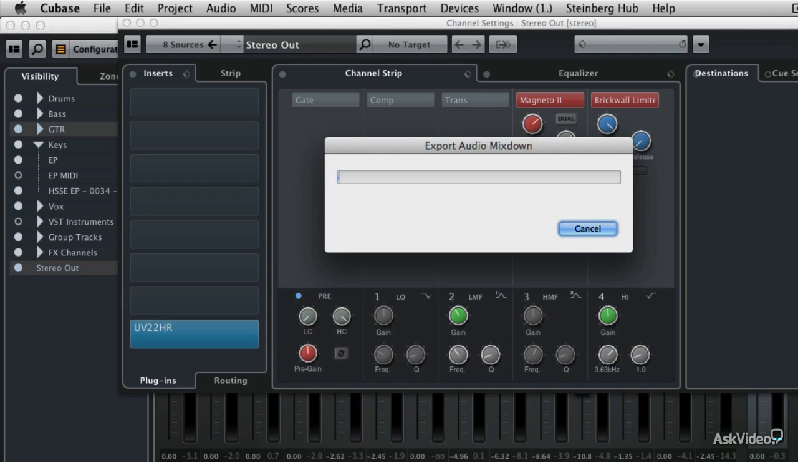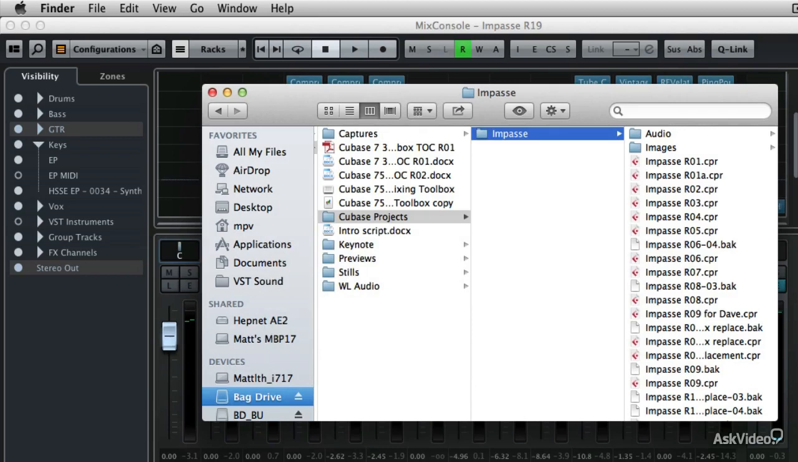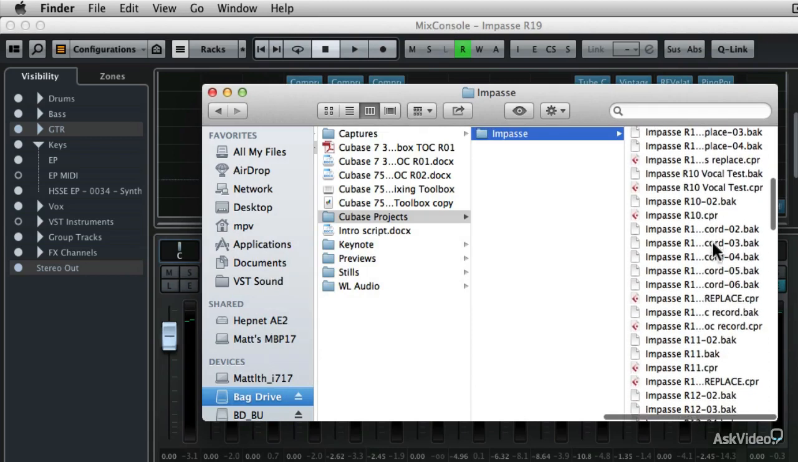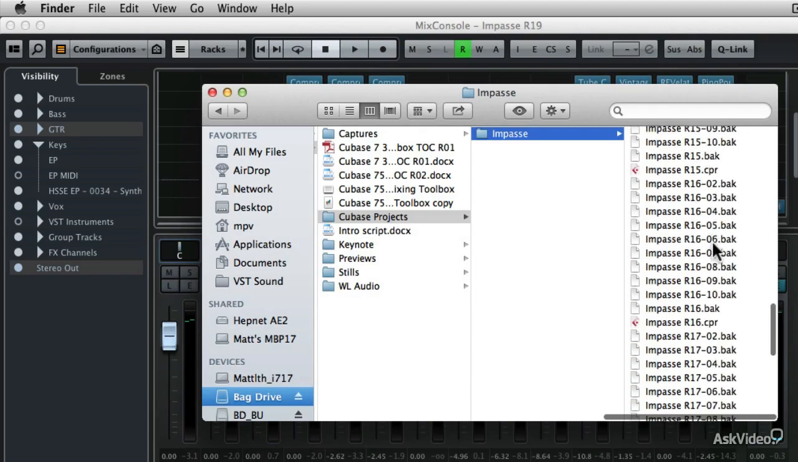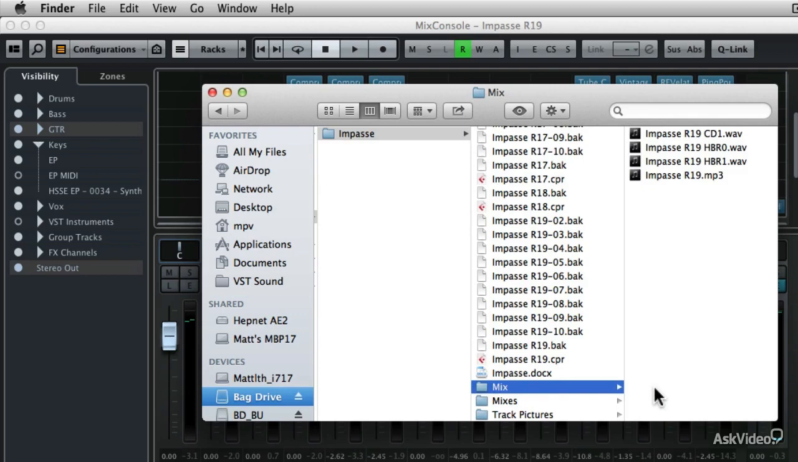Cubase project. And then when it's done, I'm going to bounce out to my Finder, or if you're on a Windows PC, you'd be bouncing out to your Windows Explorer. But I'm going to go to my Finder, and I'm going to look at that project folder, and I'm going to scroll to the Mix folder that I made. I'm going to get past all of these Cubase projects. Finally, I find the Mix folder, and inside of it, I have those 4 different exports of the exact same